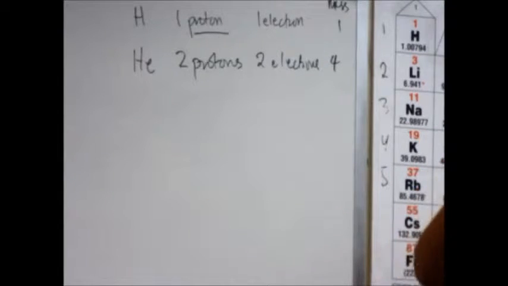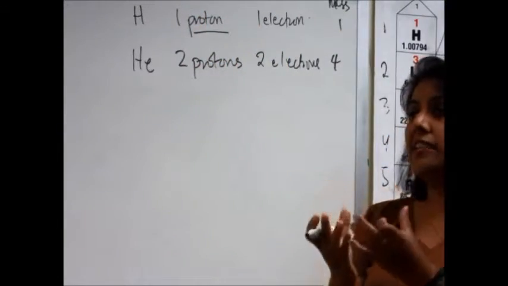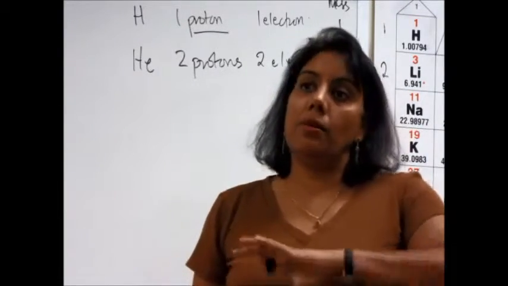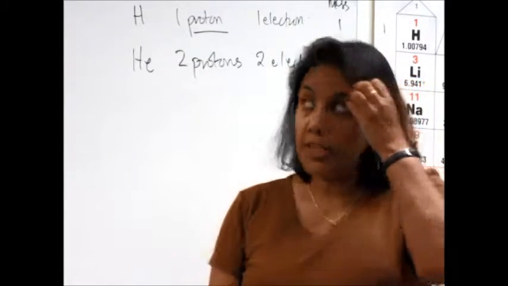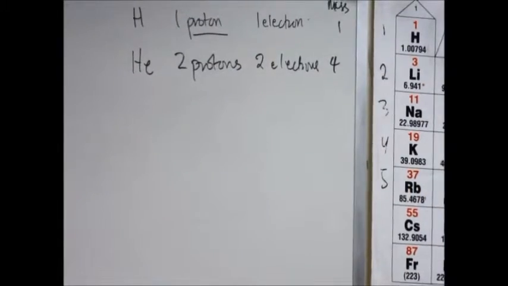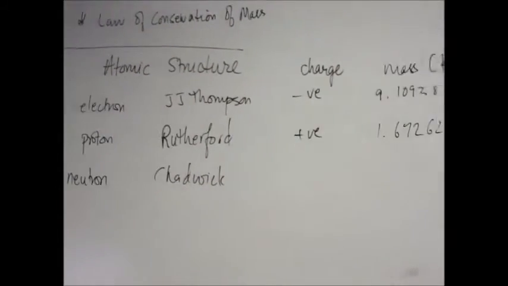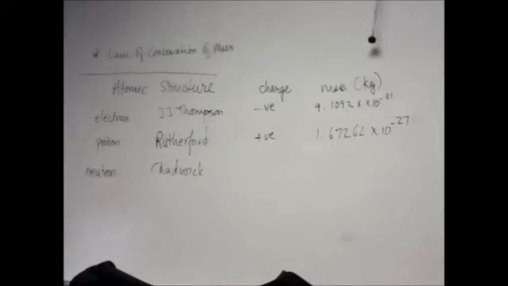That something else obviously does not have a charge, because by the time we figure out the protons and electrons, the atom is electrically neutral. So if it's electrically neutral, then whatever is remaining is an electrically neutral particle. The last particle to be discovered then was the neutron. This was discovered by Chadwick, and this was the reasoning behind it, just what I told you, because of the mass discrepancies. If there was no mass discrepancy, then we probably would not have discovered it.